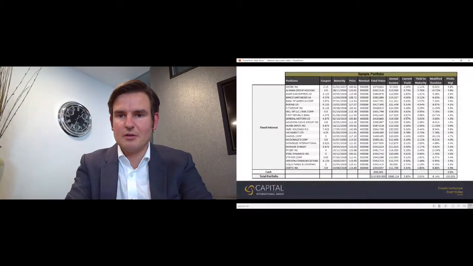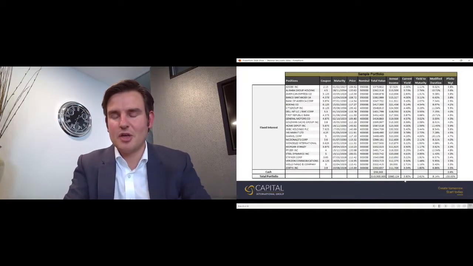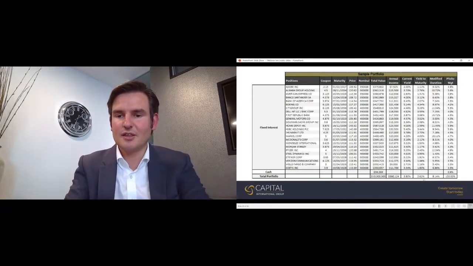So if I just go back and highlight that in a little bit more detail for you now, you'll be able to perhaps see the difference, which is quite noticeable. So if we have a look there, you'll see for this portfolio, the current yield is 3.8%. Now that sounds like a pretty good yield for a fixed income portfolio. And in many ways, that might be above what a trustee might need it to achieve. But actually, the yield to maturity is 2.62%. And so it's just highlighting those subtleties, if you like, in terms of yields within bond portfolios.